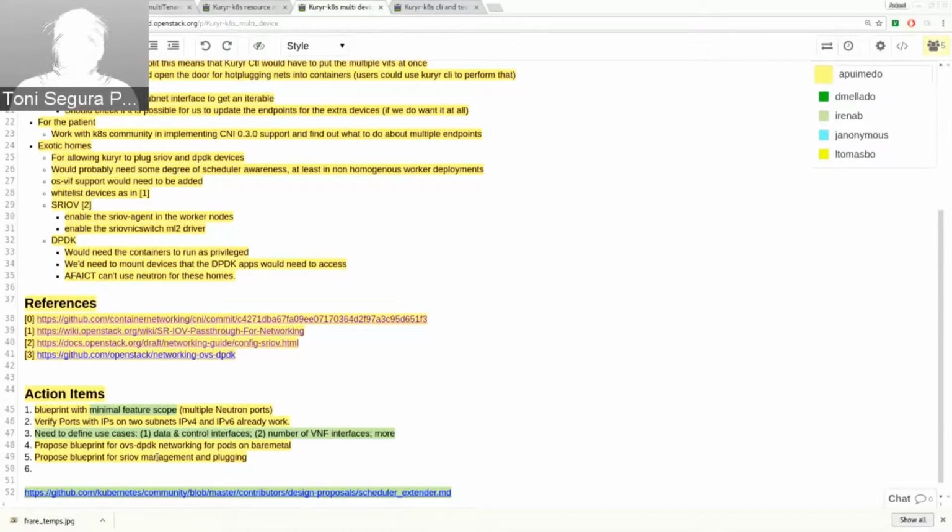Yeah. And of course, you are constrained by the number of virtual functions. So it really depends on the, I mean, it's a really specific use case. Well, my server's card here at home doesn't have DPDK support anyway, so it's not like I can try it right now. But